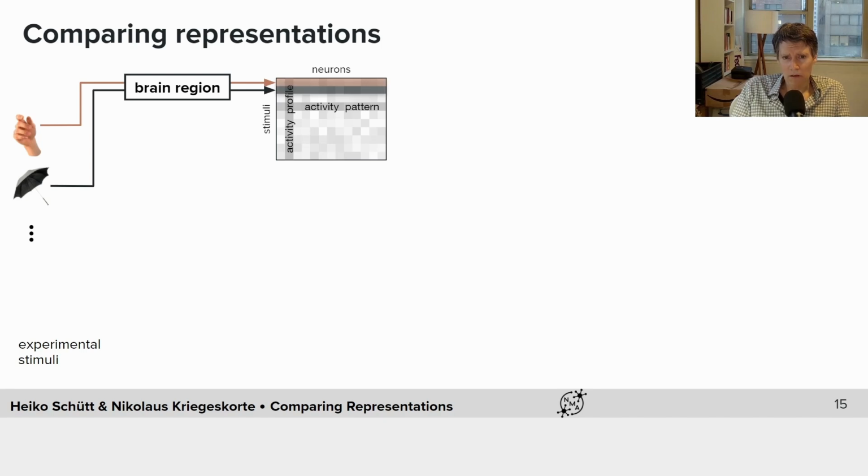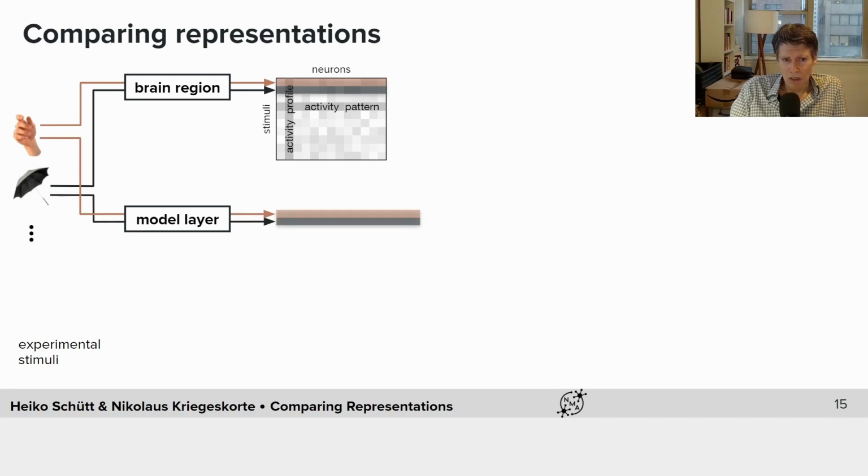So this gives us a matrix indexed vertically by the stimuli and horizontally by the neurons, where each row is an activity pattern and each column is what we call an activity profile. So this is a pattern for one neuron of the response of that one neuron across all the different stimuli. Sometimes these are also called tuning curves of neurons. So these characterize the response cell activities of particular neurons.